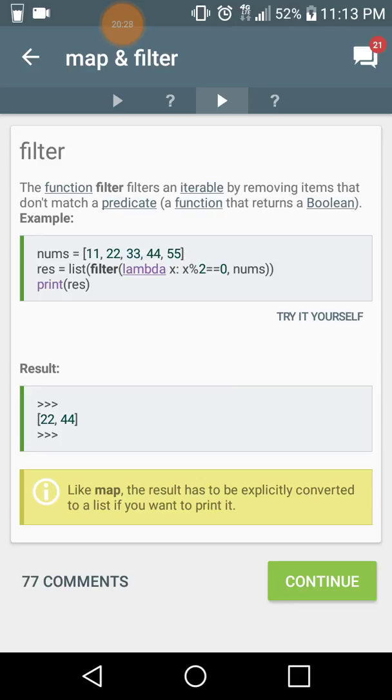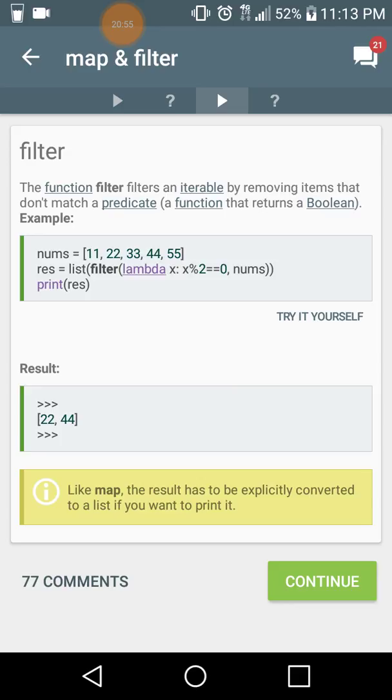So if it does not match that as a true condition, which basically wants x to be a value that when divided by 2 has a 0 remainder. And what we're using is the nums list